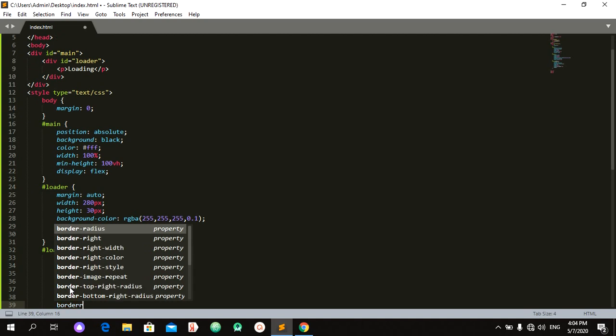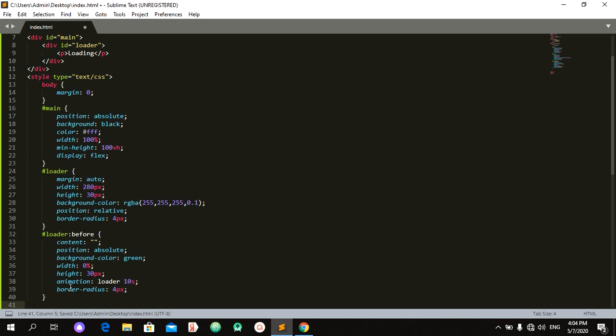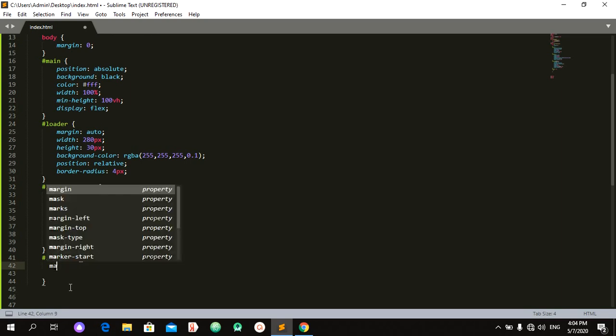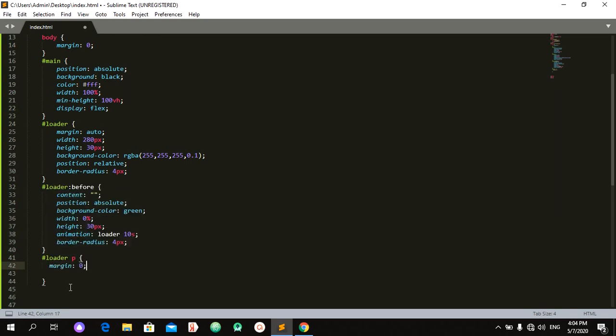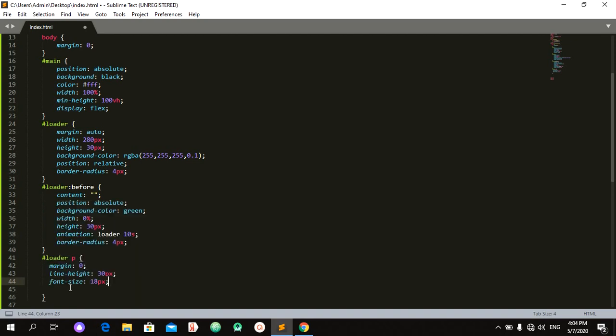After that, I want to have the border radius of the same 4 pixels. So after that, I want to give design to my paragraph inside the div with the ID of loader. So let me do like this. This paragraph should have, let's say, margin of 0, and the line height should be, let's say, 30 pixels, and the font size should be 18 pixels, and then font weight should be bolder, and after that the position should be absolute,